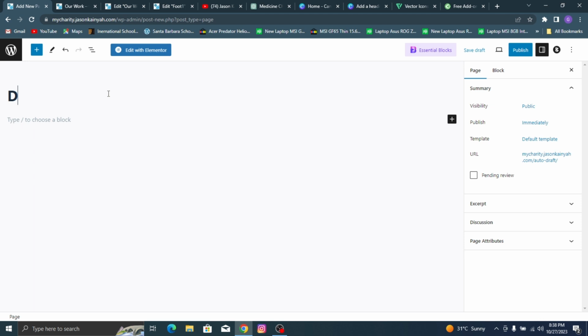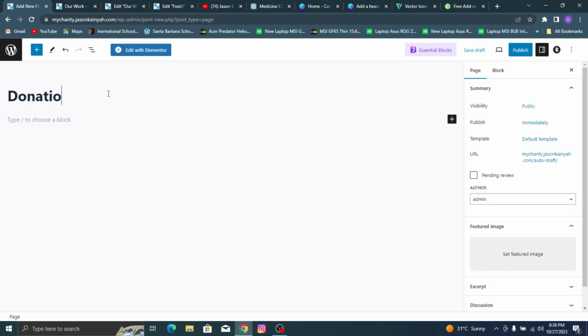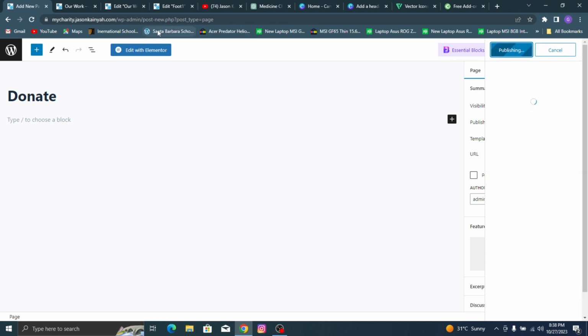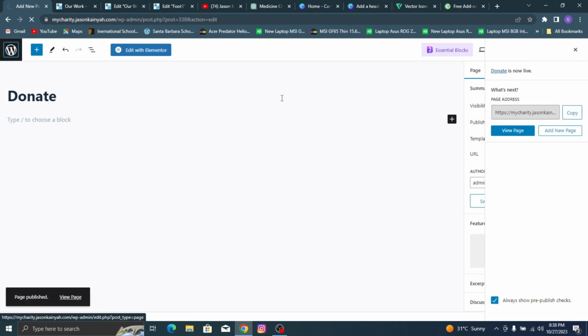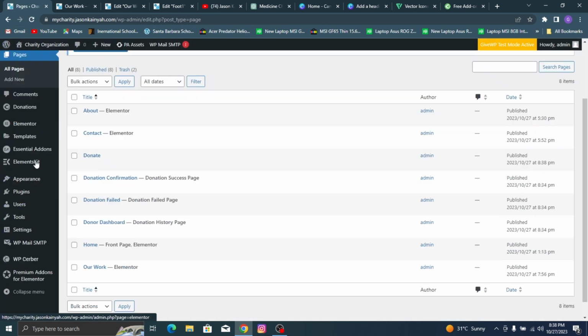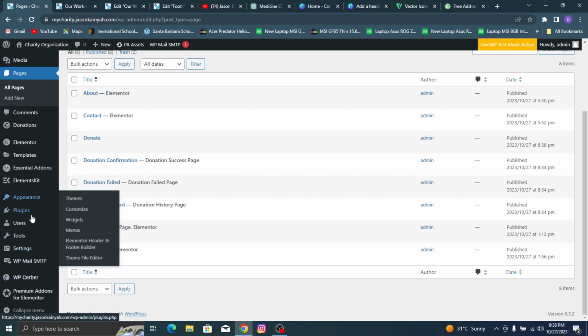Then over here, click on the title of the page. It should be Donate, rather, and default template. So I'm going to make this Elementor full width, then we'll click publish. Now go back to this page, and then let's move over to GiveWP so we can create our